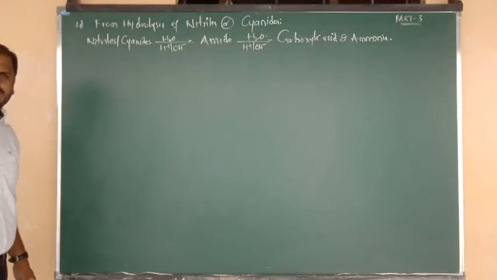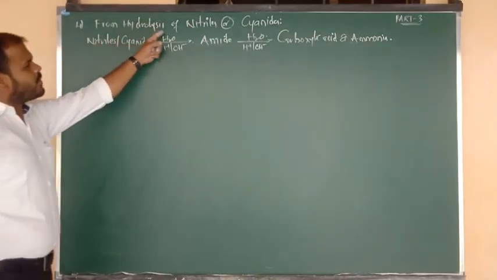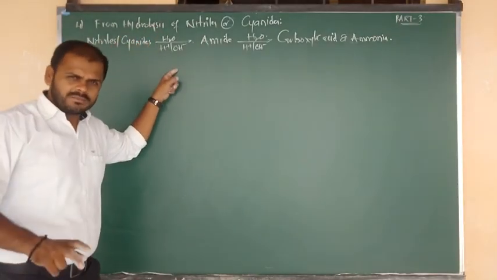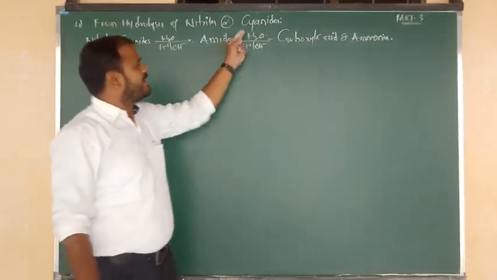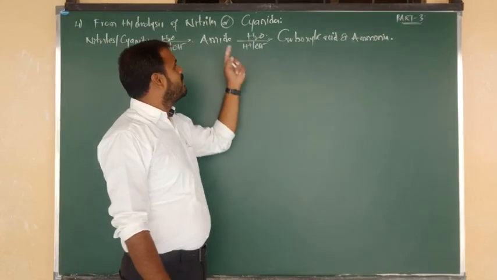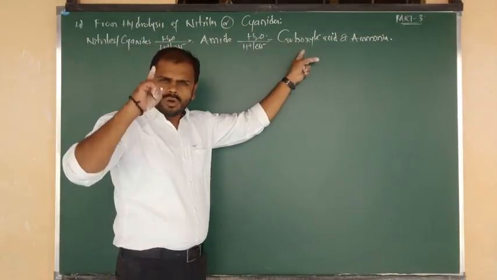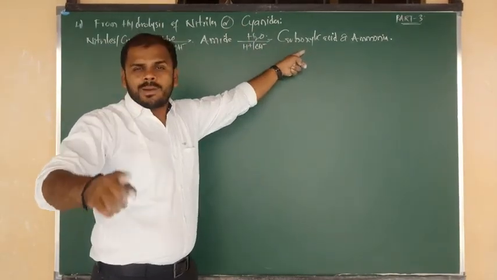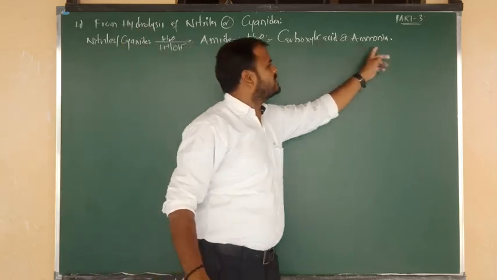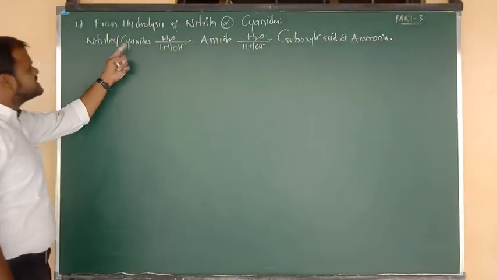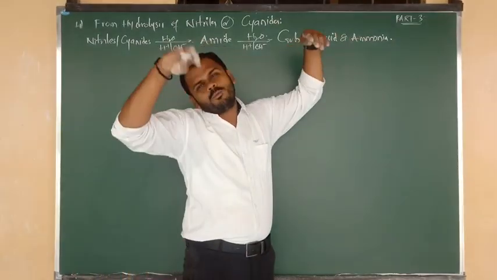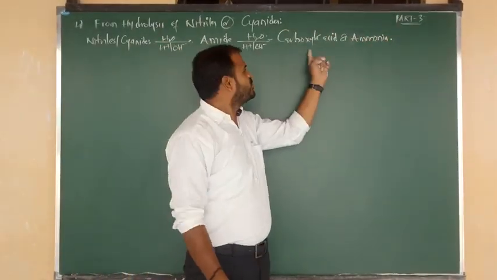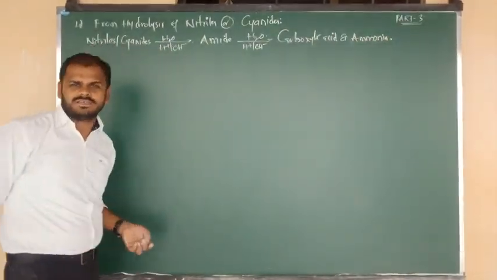Writing the reaction is very easy. Cyanides upon hydrolysis in acidic or basic medium form the amide. Again, amides further undergo hydrolysis in the same medium. Amides upon hydrolysis give carboxylic acid and one more byproduct, ammonia, because the nitrogen atom in cyanide changes into ammonia gas. After that your main product is benzoic acid.